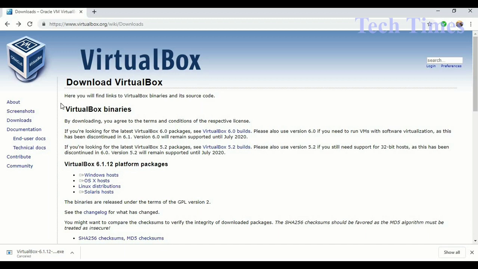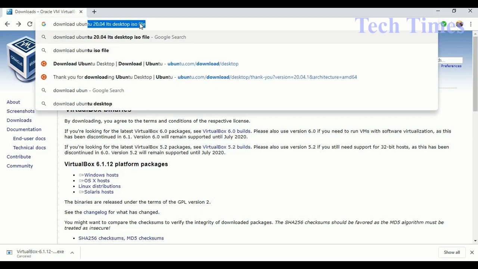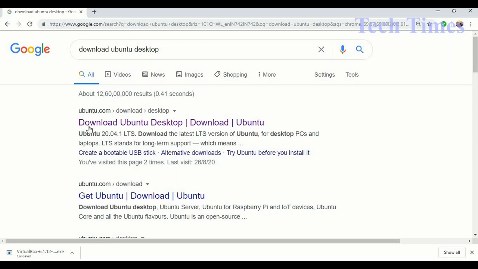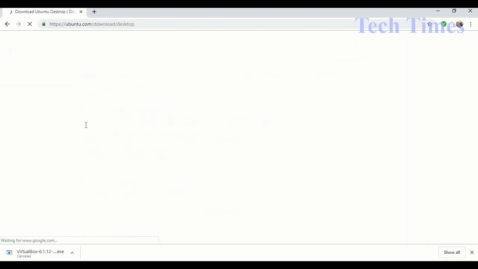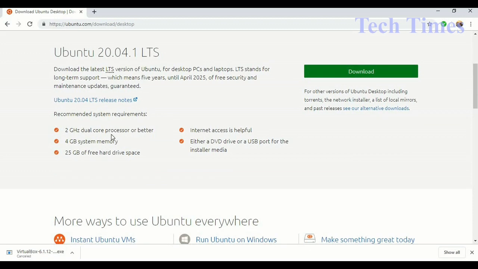Then we'll go to Chrome and we'll download ISO file now. So ISO file will be available. This we are going to download it for Ubuntu, so it will be available on ubuntu.com. Go to the first website, ubuntu.com, and it will give us a downloadable link for Ubuntu desktop. So Ubuntu 20.04 is the latest one which is available, and you can see there are different system requirements as well, that those are recommended. You can go through them.